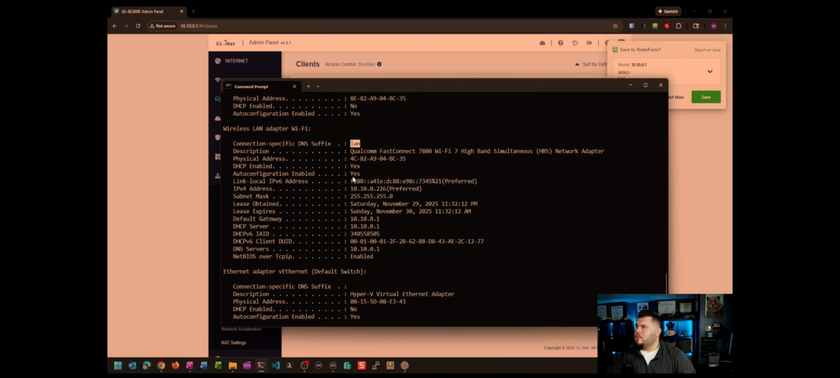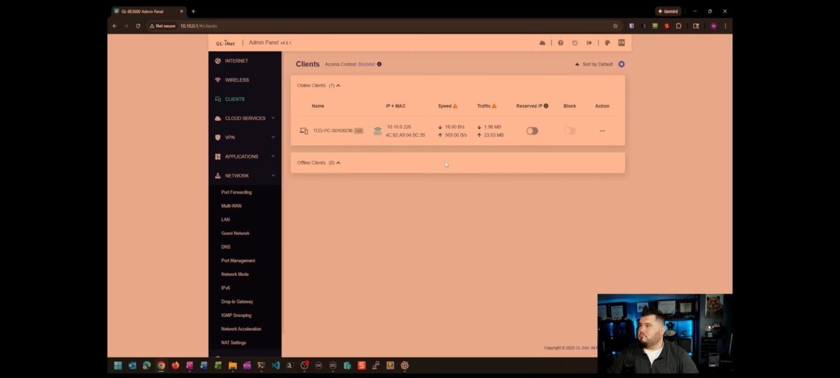So there we go. Connection specific DNS suffix, which we don't have defined. We can see that I am connected to that wireless network at 10.10.0.226, which we saw in the client list. So that is effectively it as far as setting up the